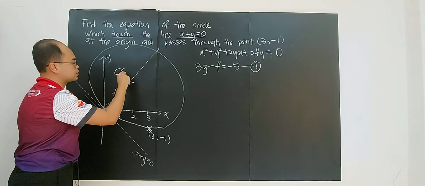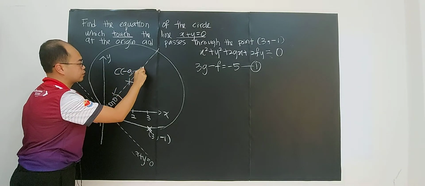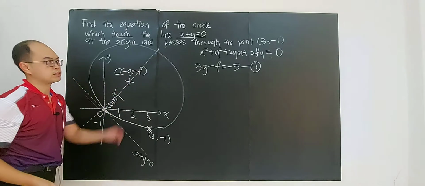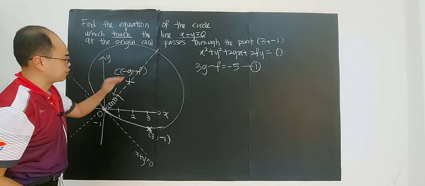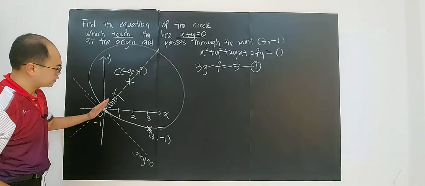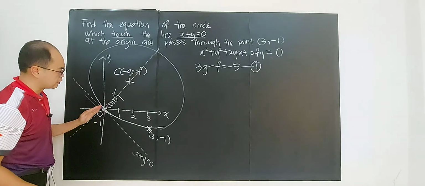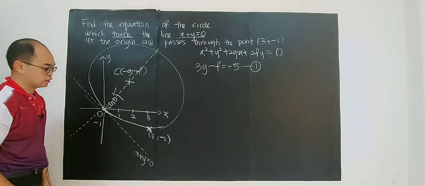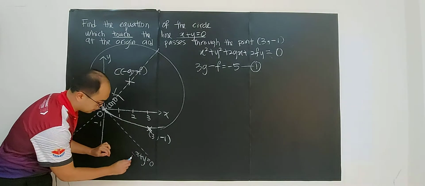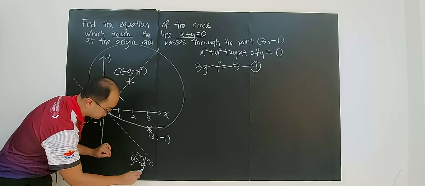So I just label this to be negative g, negative x, because I'm using the general equation, right? So this will be my negative g, negative f, as I know that this line passes through the center of the circle. So how to find the equation of this line is very important here. As I rearrange this, I will get y equals to negative x